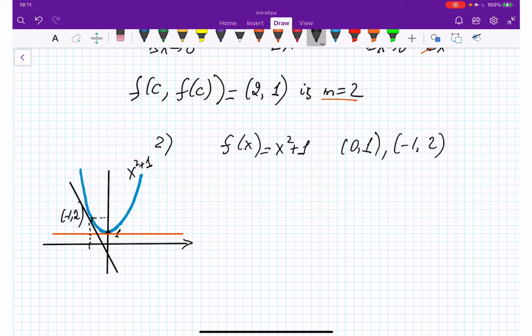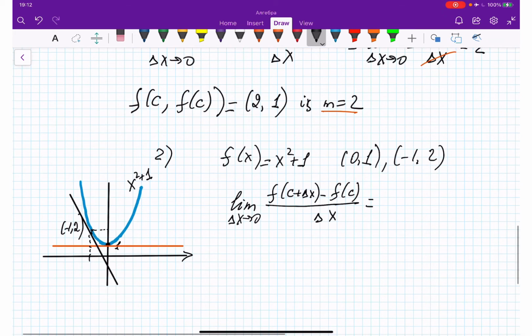Then the slope of the tangent line is going to be the limit as delta x approaches 0 of f of c plus delta x minus f of c, divided by delta x, and this is going to be equal. So plugging c plus delta x instead of x into f,